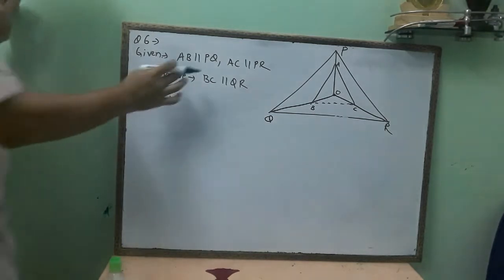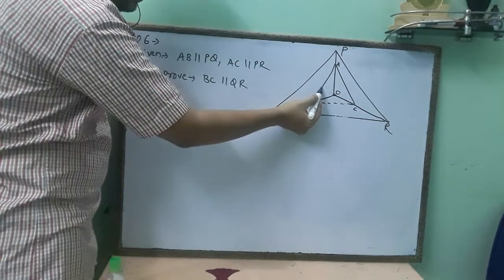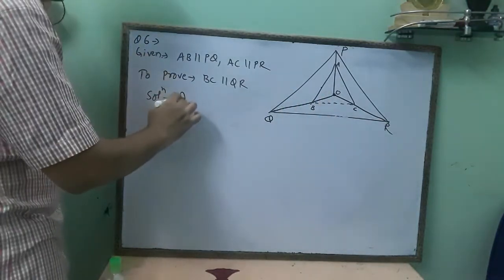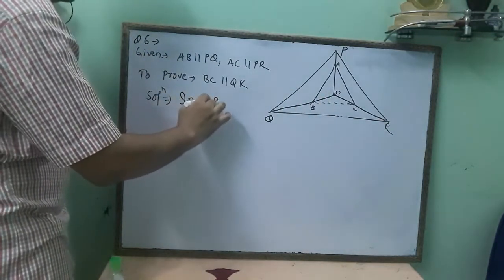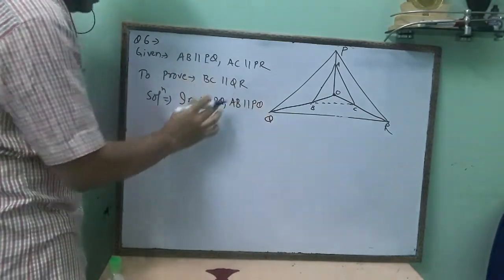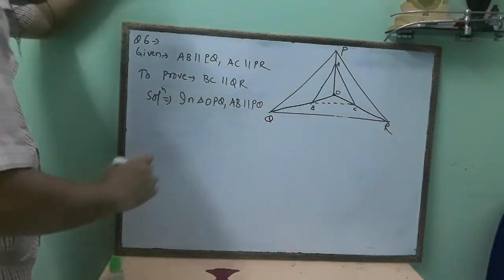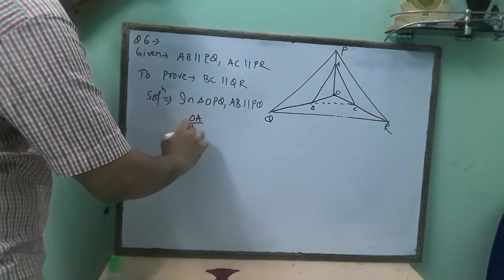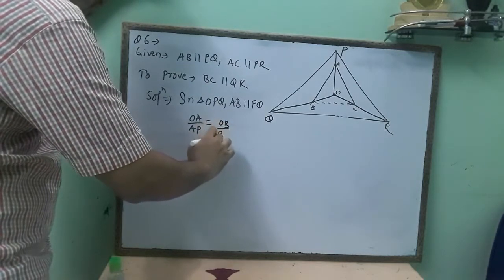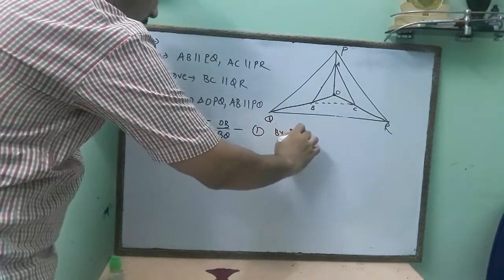For this we will use this one. First we will use AB. So just come to the line AB, the opposite vertex of this one is O. Start from O, choose the triangle. So we will choose triangle OPQ. AB is parallel to PQ because the third side is PQ. That's why we have chosen OPQ. So go for the Thales theorem. Start OA divided by AP is equal to OB divided by BQ. This will be your first equation by basic proportionality theorem.